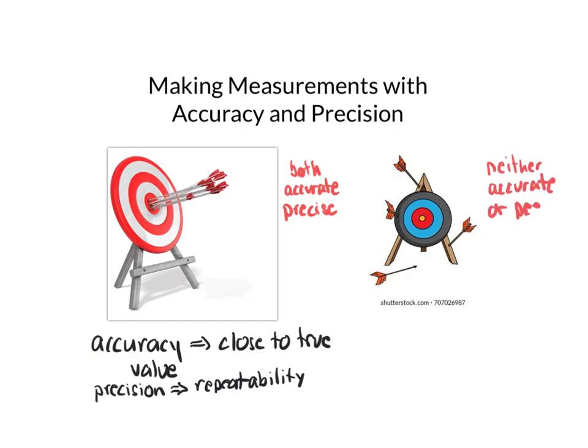Okay, so because we can never actually get exactly the same number every single time, there's always going to be this uncertainty in our measurement. We're going to want to try to minimize that uncertainty as much as possible. As an example of why we can't ever get the exact true value, and that we're always going to measure something close to the true value but with some error in it, we can look at this